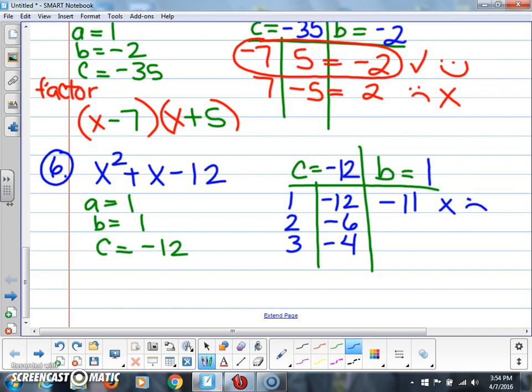It's going to be negative 4. Wrong answer. Okay. What's 3 minus 4? Negative 1. Right answer? No. No, I need a positive 1. Okay, we're almost there. So then